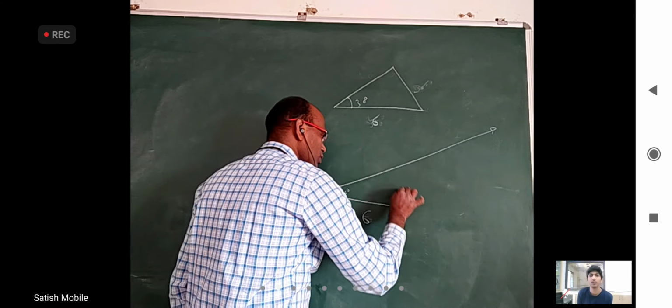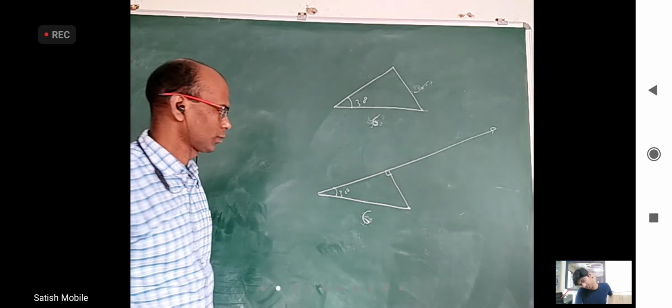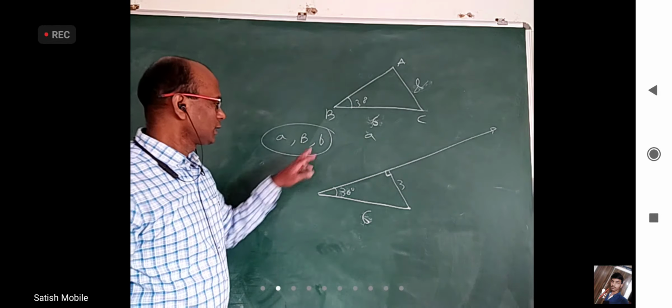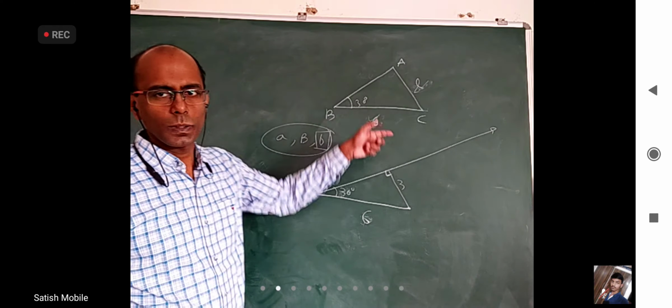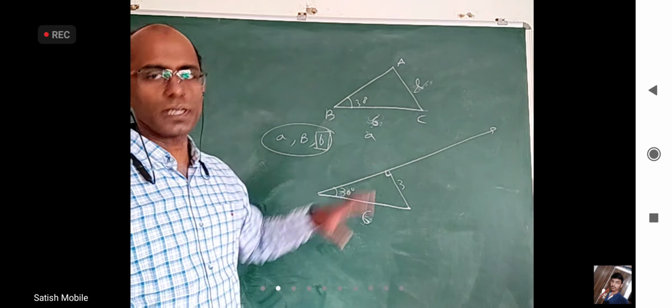From here, anybody want to tell what is the perpendicular distance? This is 30 degrees. Yes, 6 and 30 degrees gives 3 units, right? Now let me give some names here. This is A, B, C, and this is also some length I want to call L, but this is actually small a. So for me small a is given, B is given, and small b is given. Now, by changing this length, there may not be a triangle, there may be a unique triangle, there may be two triangles. We can see geometrically very nicely.